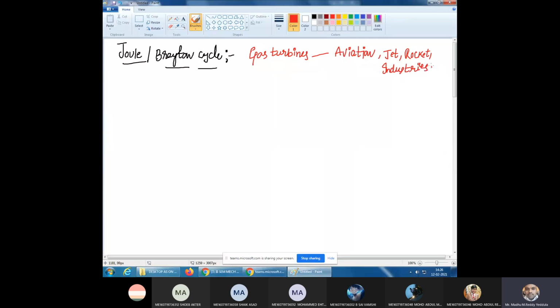The main advantage of the gas turbine is that it is lighter in weight compared to IC engines. The parts are lighter in weight, and there is no reciprocating motion, only rotary motion. Due to that, vibrations are avoided, and we need not go for a flywheel because of the rotary motion. We will see how it will be written. So first know what the applications are.